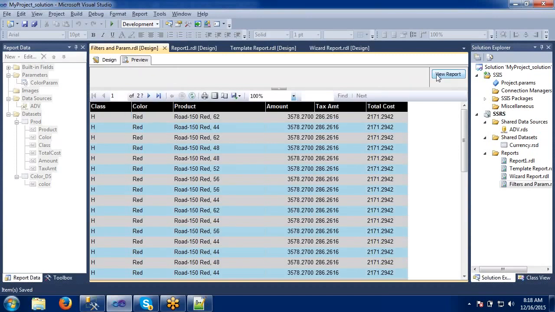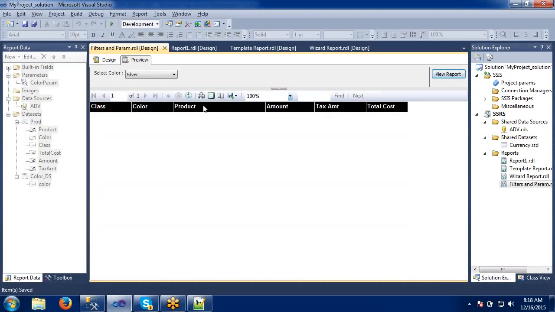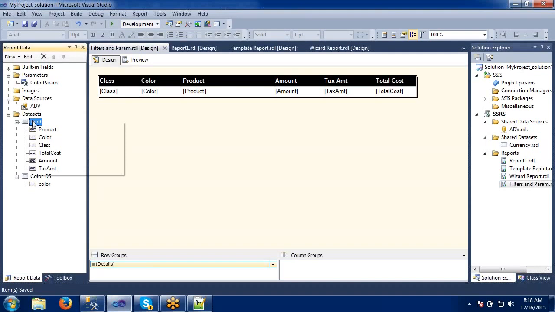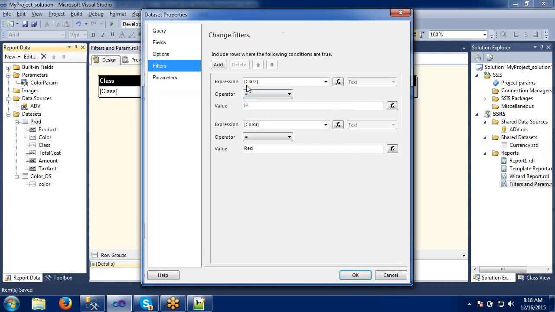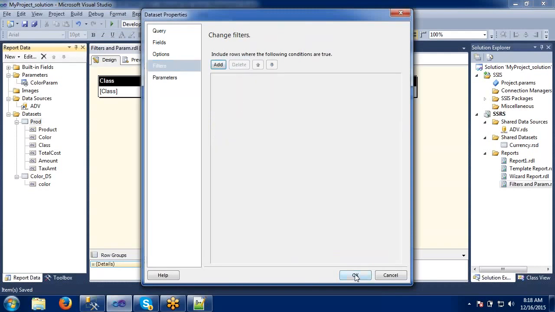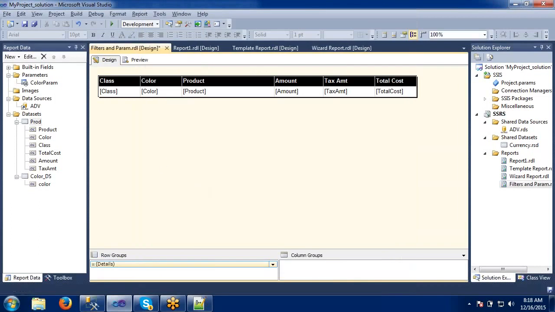Do we have anything in the silver? I think we don't have anything. We should have some records with the blue color, I guess. We don't have anything. So, whatever the records available, those things we can apply here. I think we are filtering something here. That's why it is not getting here. Do you have any filters here? Yeah, that's why. Let me delete this one. Click OK here. Save this one.